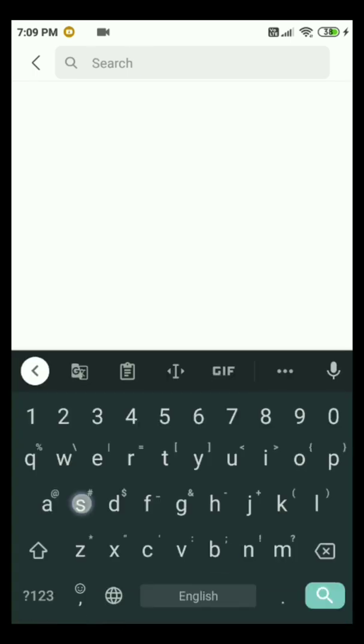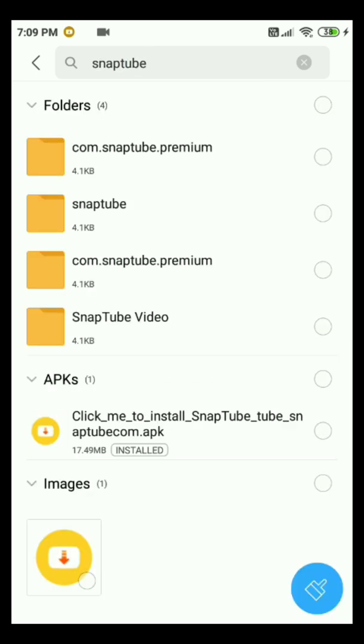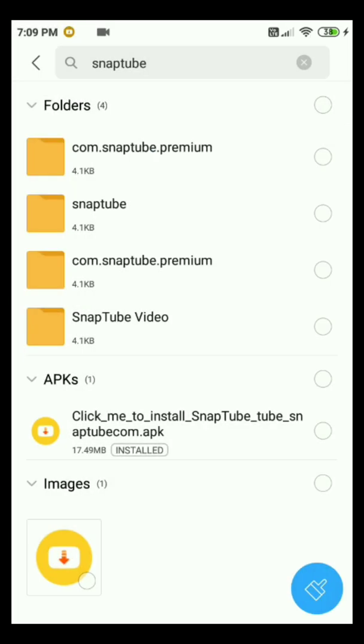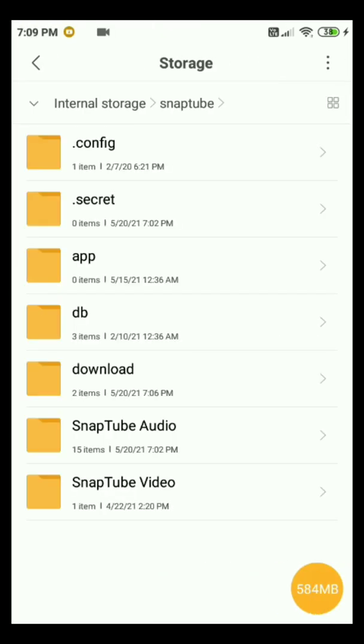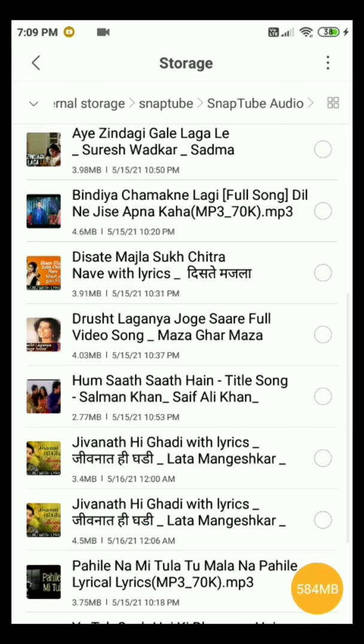After pressing Snaptube audio, I've already downloaded many songs from Snaptube. You can even take full benefit of that, so nothing to worry about. And you can see another thing here.